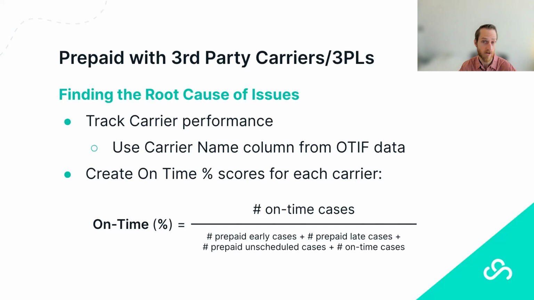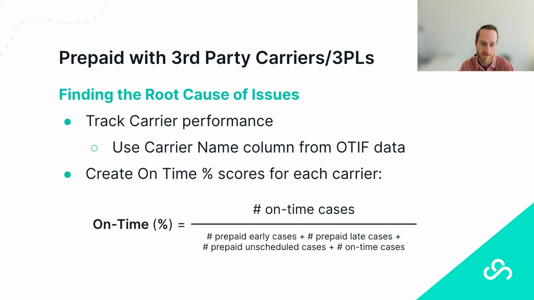The way that you could do that would be to take the number of on-time cases over the total number of cases delivered. I believe there's a received column, or you can use these columns we've laid out to add up the early cases plus the late plus the unscheduled plus the on time to get the full denominator. And so that formula would give you an on-time score per carrier, and you would obviously add it up across